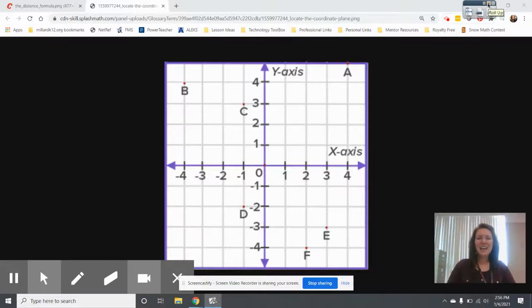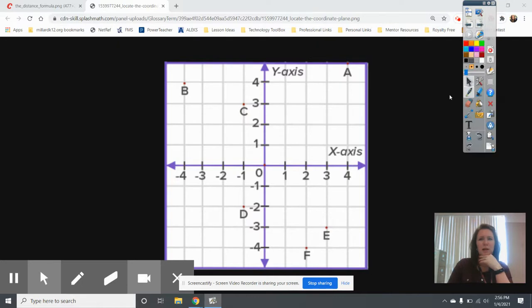Hi, today I'm going to talk about how to find the distance between 2 points on a coordinate plane. There are multiple ways to find the distance between 2 points. I'm going to briefly explain one way, and then I'm going to focus mostly on my favorite way. So briefly, let me just show you, when I talk about the distance between 2 points, I really mean,